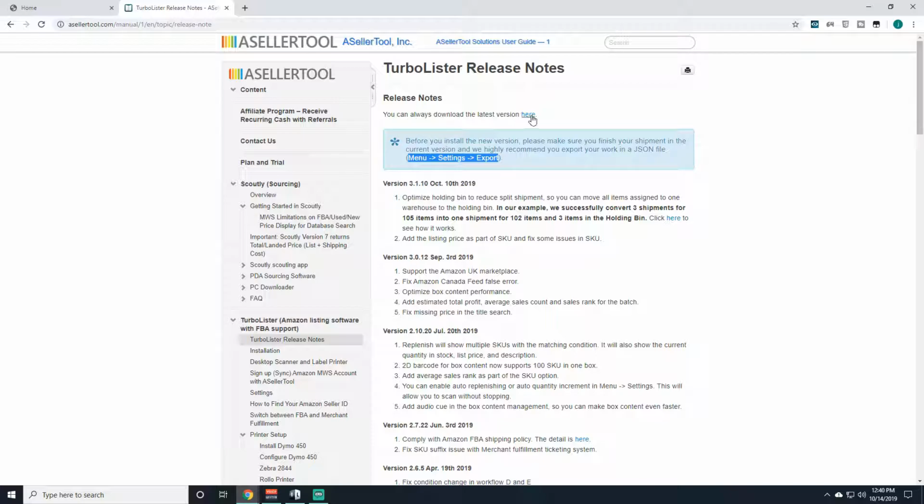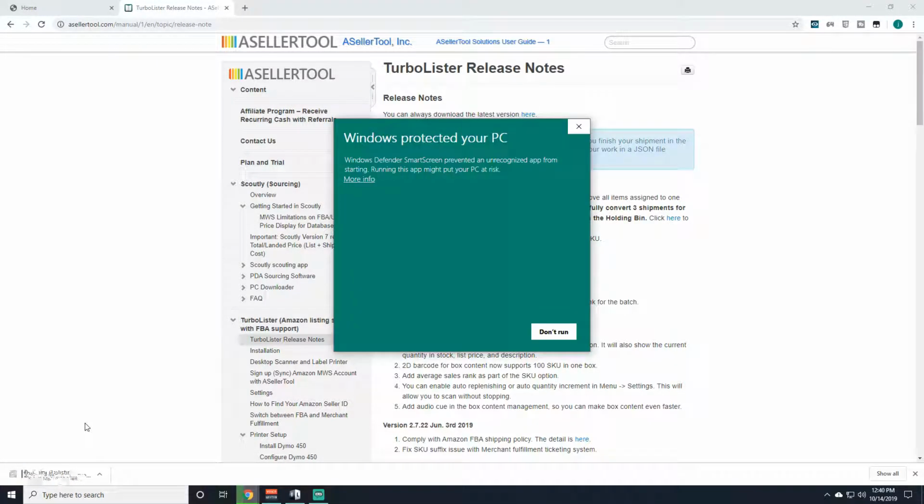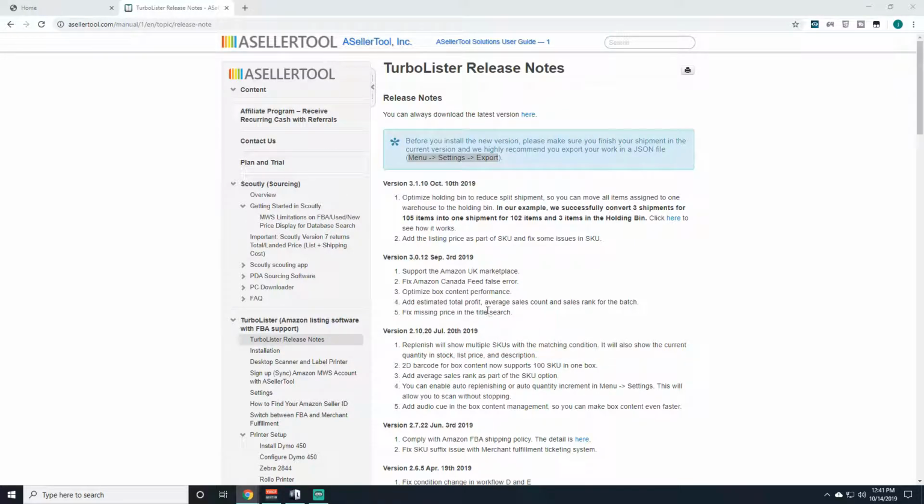Once you're done doing that, you're gonna want to click here. It's gonna download a file for you. All right. Once it's done, you click on it. It's gonna say something about your Windows protection. You're gonna want to click on More Info. You're gonna want to press Run Anyway,